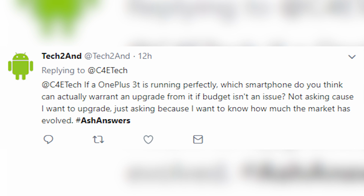It's just the pricing. If a OnePlus 3T is running perfectly, which smartphone do you think can actually warrant an upgrade from it if budget isn't an issue? Not asking because I want to upgrade, just asking because I want to know how much the market has evolved. The market hasn't really evolved, dude. See, it's more of